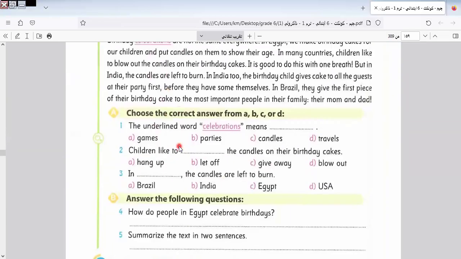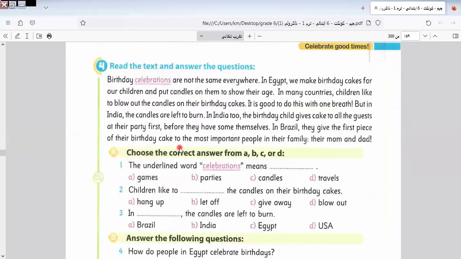Here we have the text and the question related to the text. I would like to say something important, grade 6. We are grown up and the comprehension is not as easy as before. We must read the text correctly. Why? Because we have a trick in the text. So we must read and understand the text.